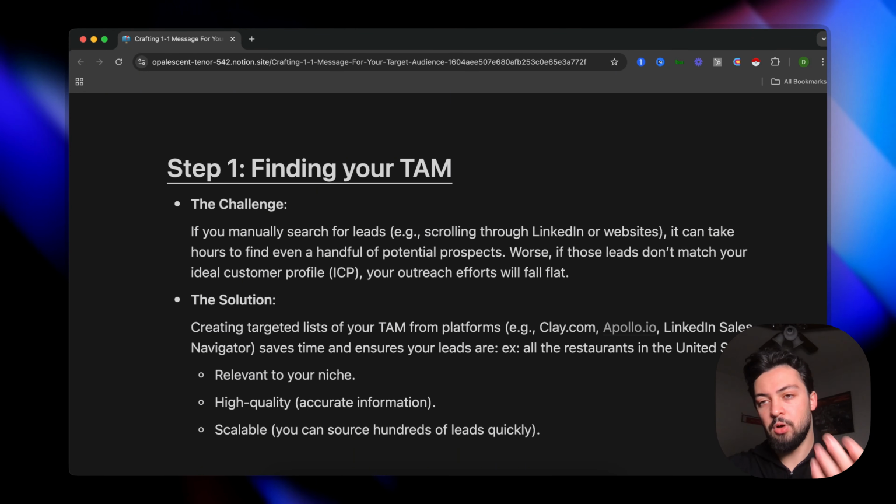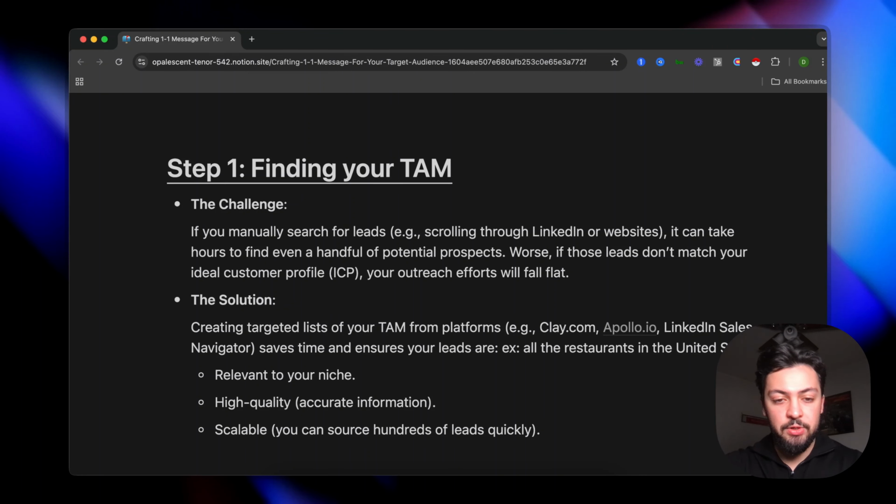Additionally, there's a tool called Paulo. I'm sure you guys have heard of Paulo.io. It's been around for the longest time. Essentially, what it does on the back end is scrapes like LinkedIn, and it finds B2B leads. It puts them into their database, and then you can actually find your TAM that way. Or you can even use like LinkedIn Sales Navigator, right? So if this prospect that you're looking for, or your TAM, if they are on LinkedIn, chances are they'll be on LinkedIn Sales Navigator, and you can